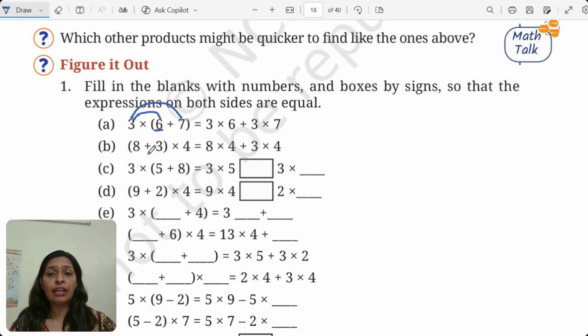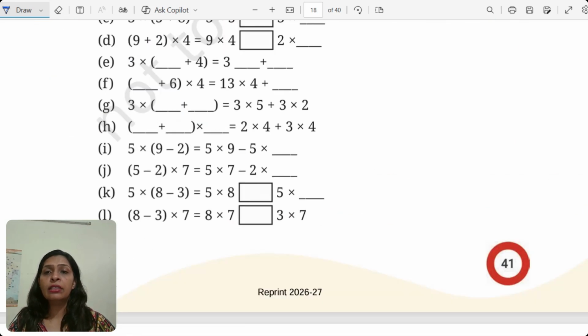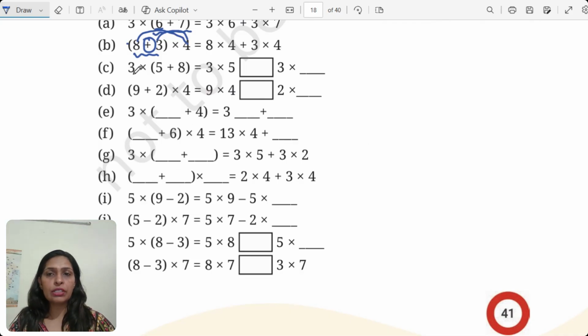And the second thing we have to understand is that the bracket does not have to be on the right side every time. In fact, the bracket can be on the left side as well, but the rule will remain the same. Here 8 is going to multiply by 4, then 3 is going to multiply by 4, with the same operation, and accordingly if it's plus or minus, then minus, and so on. So keeping these points in mind, we are going to cover all the parts from part C onwards.